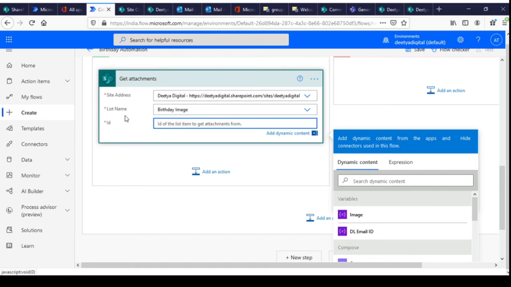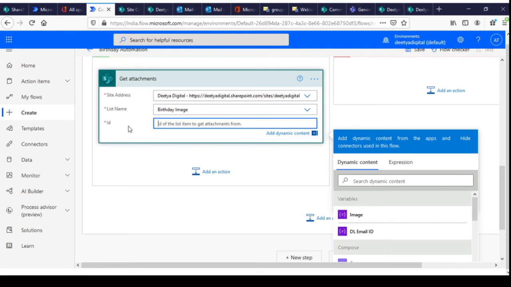What this get attachment does is call the SharePoint site where your birthday image list is stored, and this id is actually the id of the list item to get the attachment from.